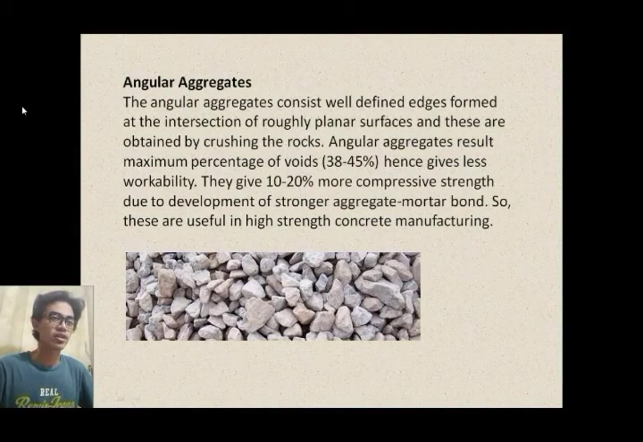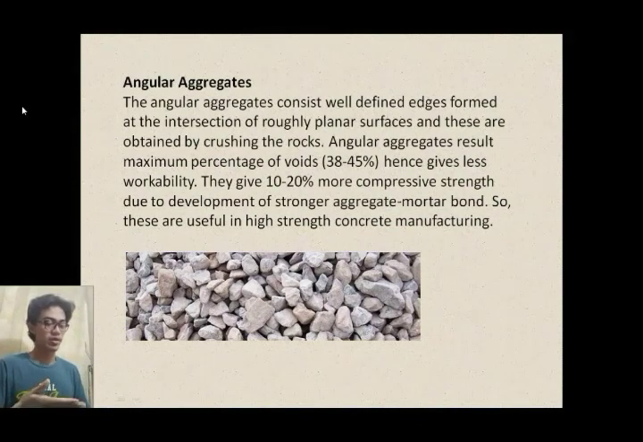The angular aggregates consist of well-defined edges formed at the intersection of roughly planar surfaces, and these are obtained by crushing the rocks. Angular aggregates result in a maximum percentage of voids. It's about 38 to 45%. Well, that's almost half. So it gives you less workability than a rounded one, but the compressive strength of the concrete made from the angular aggregates is bigger,